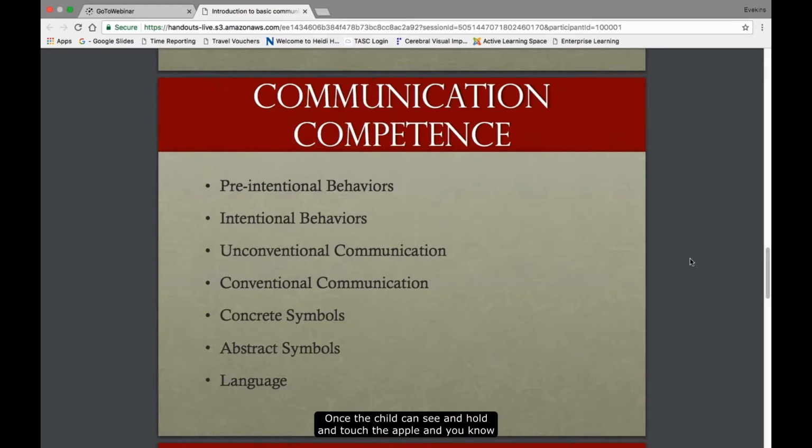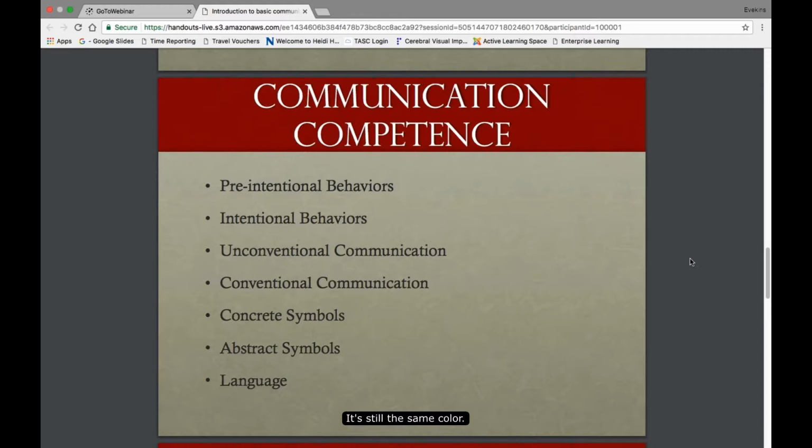Once the child can see and hold and touch the apple, and you know that they understand that it's an apple, then I cut it in half. It still is an apple, kind of, but it loses some of its descriptors. So it's no longer round. It probably smells different once it's cut open versus when it's whole. It still tastes the same.